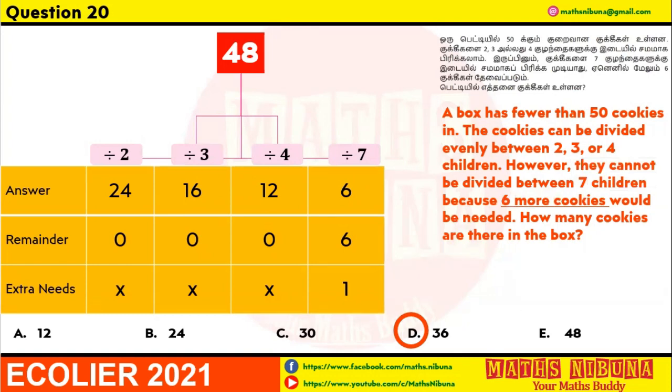This is one method you can use for this question to come up with the answer. Some questions you must know: if you cannot solve directly because you are still very young and you don't have any algebra knowledge, because algebra we study when you go to a higher level, so you have to do this kind of question by coming up with the answers and then finding the suitable answer. Okay, I think that's all for question number 20, and that's all for the overall